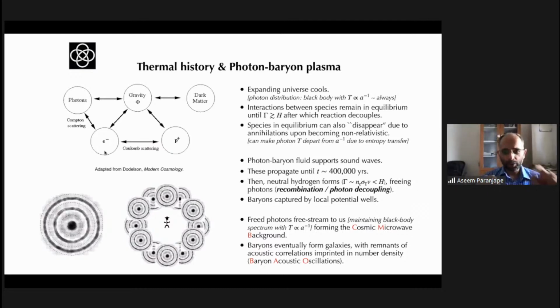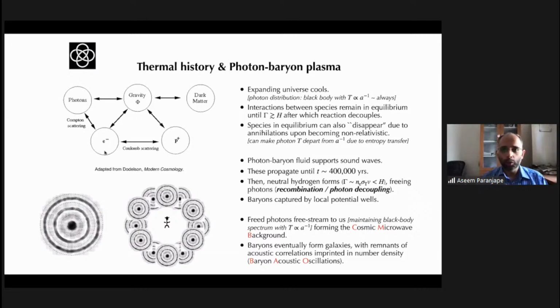Okay, so because of this, as neutral hydrogen forms in the universe, the universe slowly becomes transparent to photons. The photons simply do not see anything anymore, and they start free streaming. A photon traveling in a line may have interacted with an electron at some point and scattered off in a different direction with a different energy. But now, if that electron has been eaten up by a hydrogen atom, even if the hydrogen atom is in the same physical location, this photon will effectively not see the hydrogen,